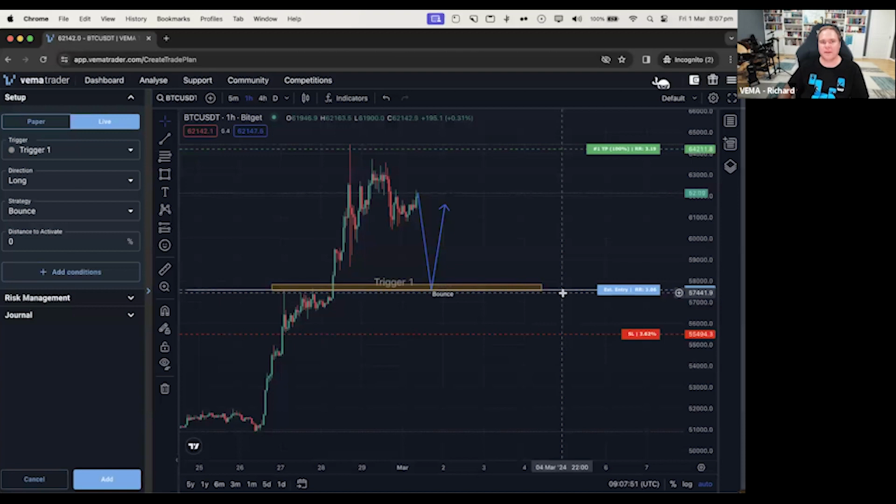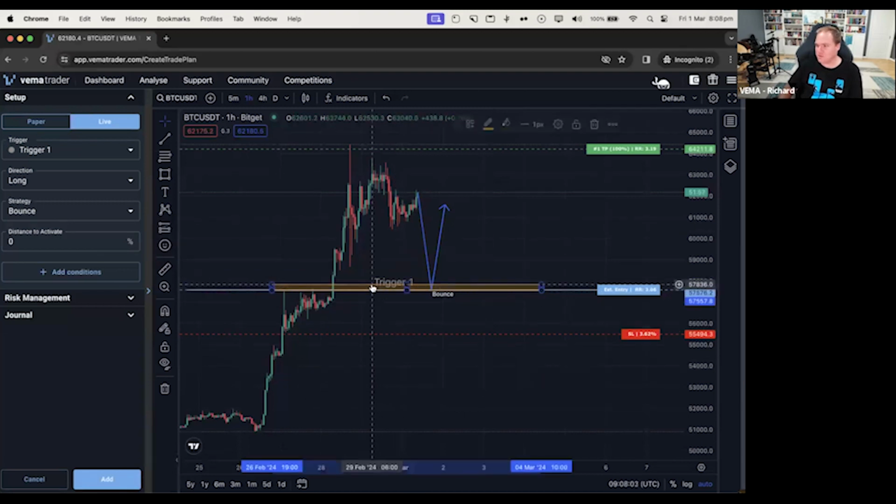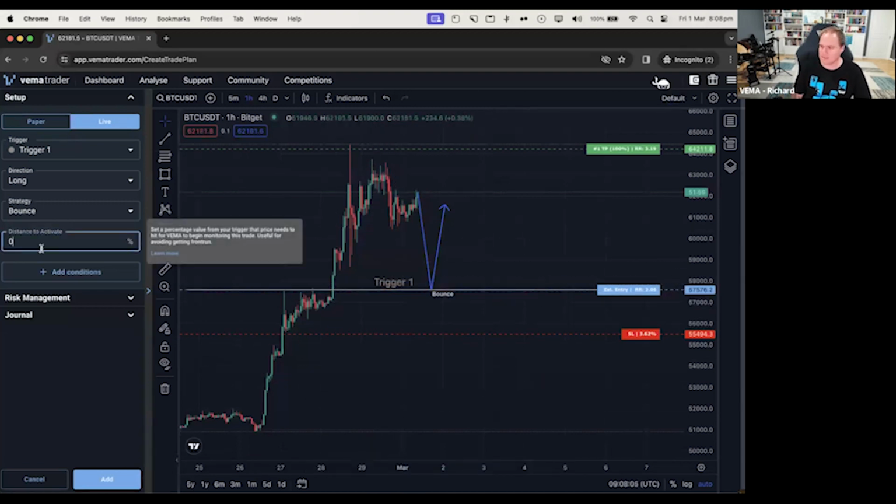I want to front run that and make sure that I get in. So someone could put a big order right here, a big buy order, buy up all the sells as it comes down, and then your entry never gets touched because it never actually touches the trigger. So to make sure that you don't get front run and your order gets missed, you can use